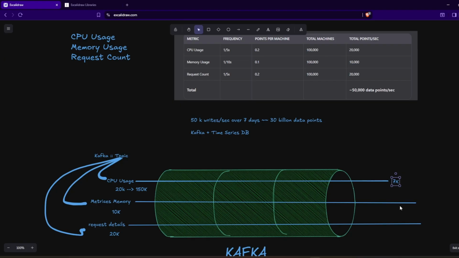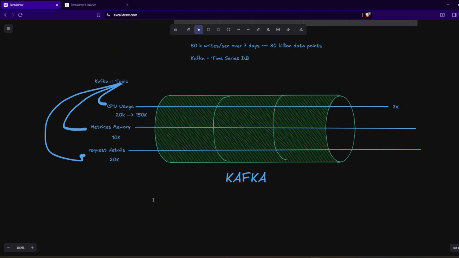Consumers would have to process everything together, and suppose there is a certain consumer which is preparing the report for CPU usage, how difficult would it be for it to pick only the CPU usage data, because it is having a galore of data, right? So why separate topics? The first thing is to make it more resilient. Okay, and the second thing is to make it consumer friendly, so that we can write separate consumers for separate